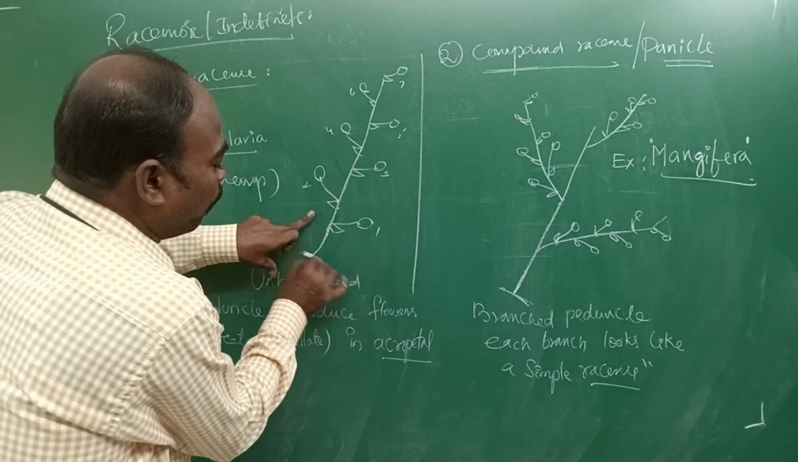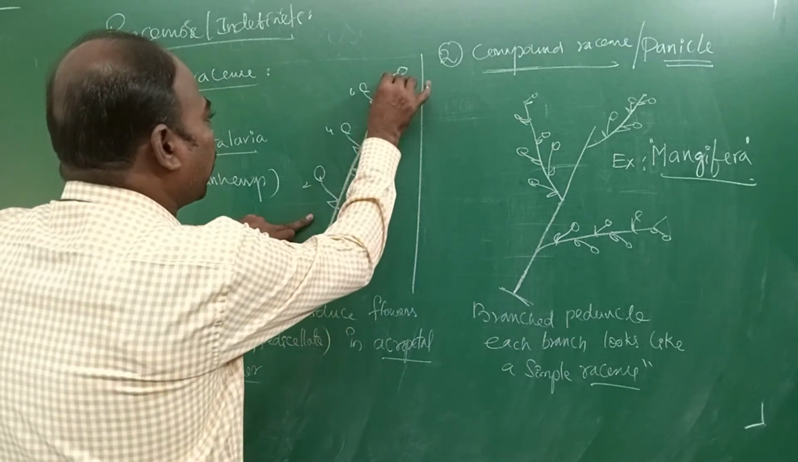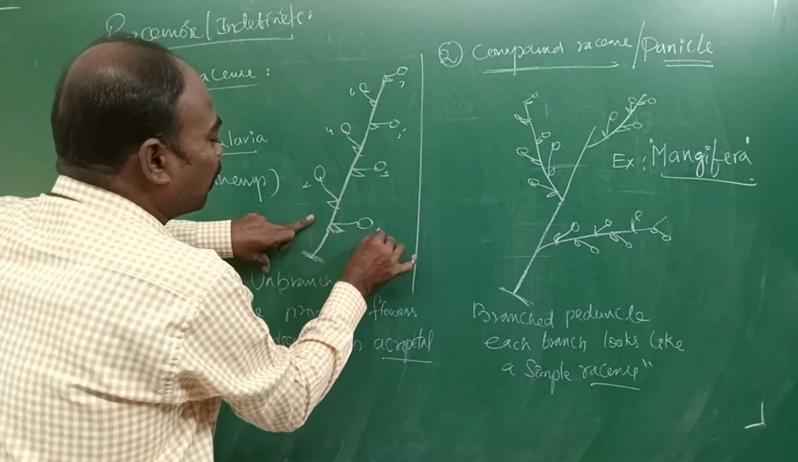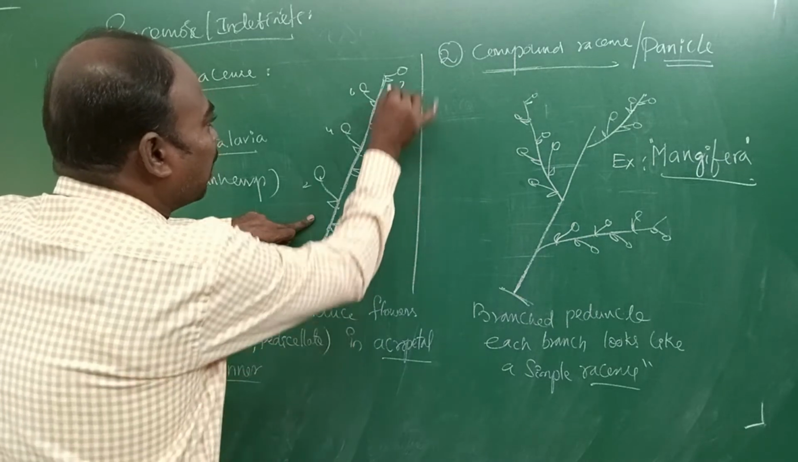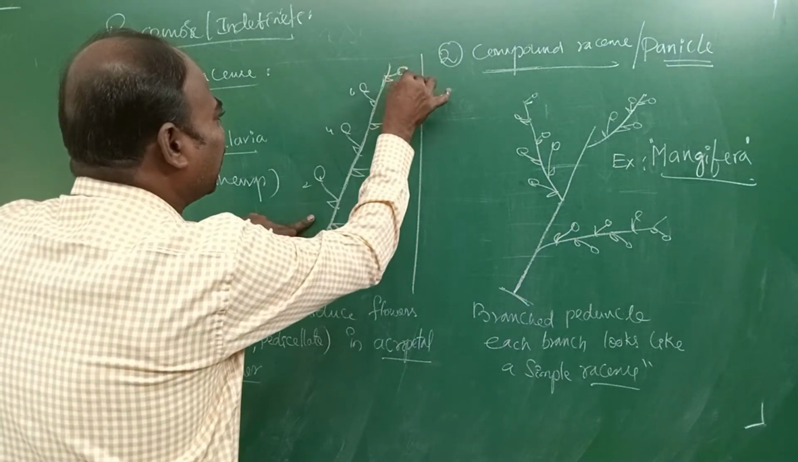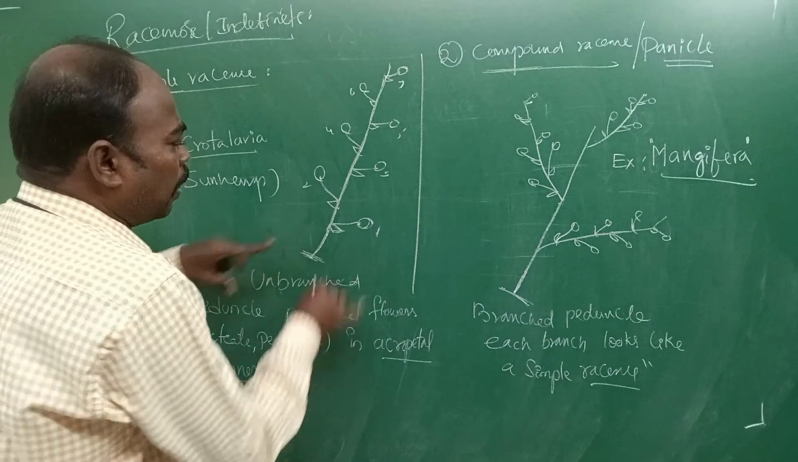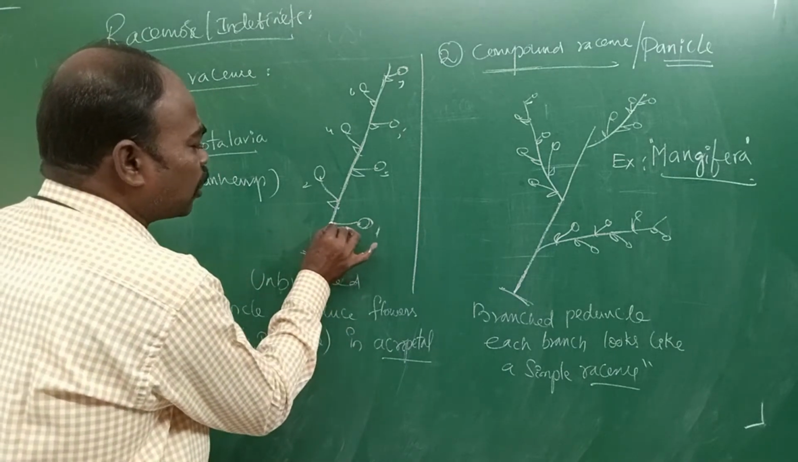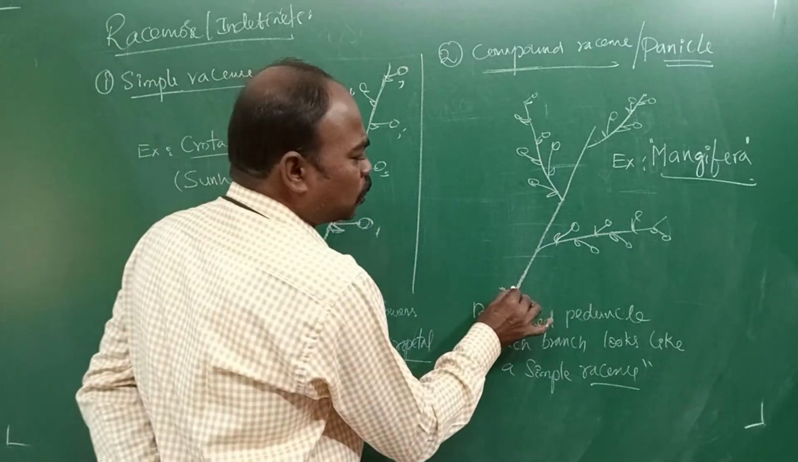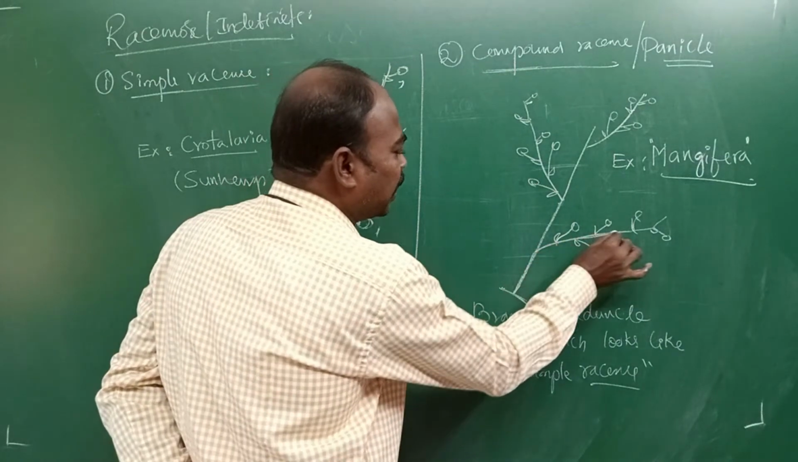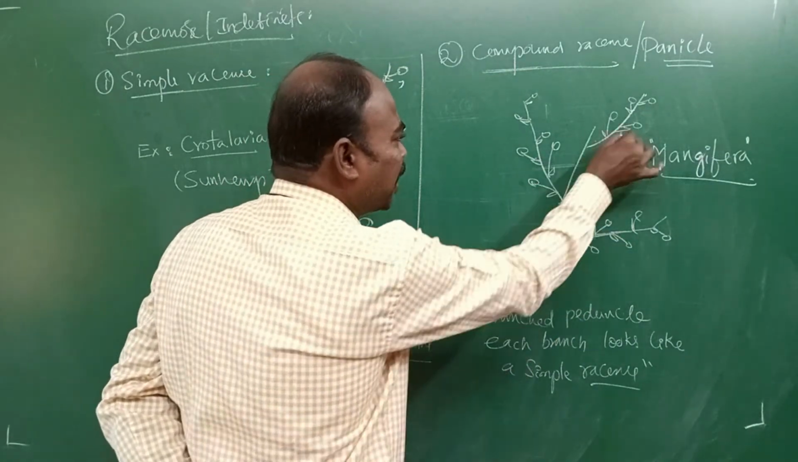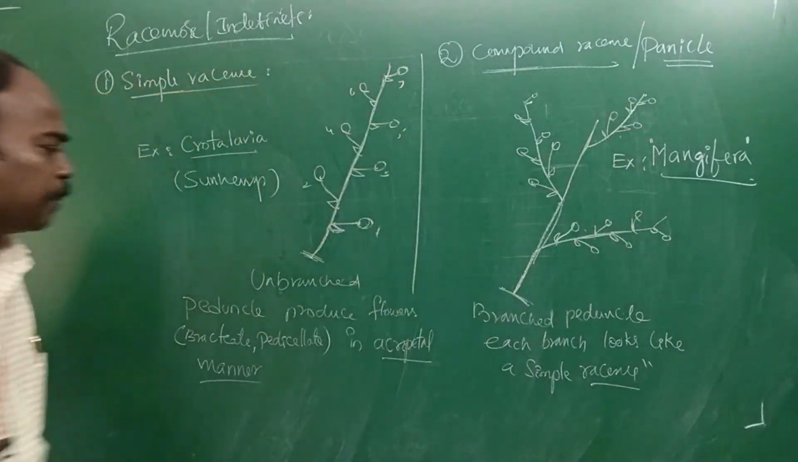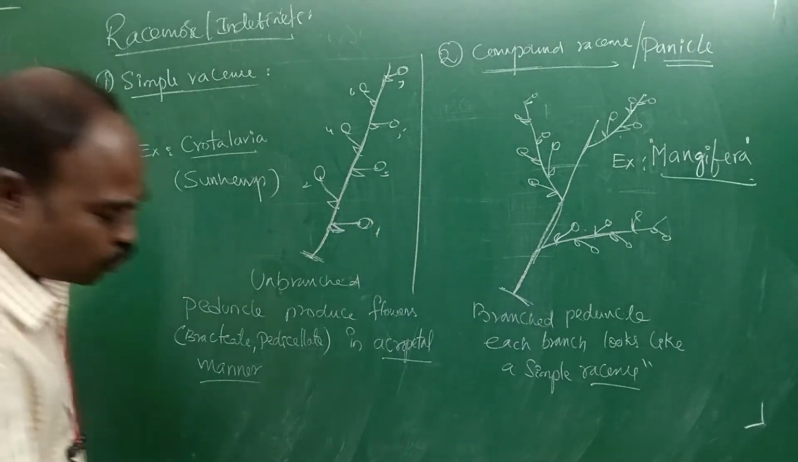In simple, the peduncle grows continuously, producing the old flower or first flower at base, the last or younger flower at the tip. Each flower has bracts and pedicel. Here also, the peduncle gets branched. Each branch looks like a simple raceme, right? Next,